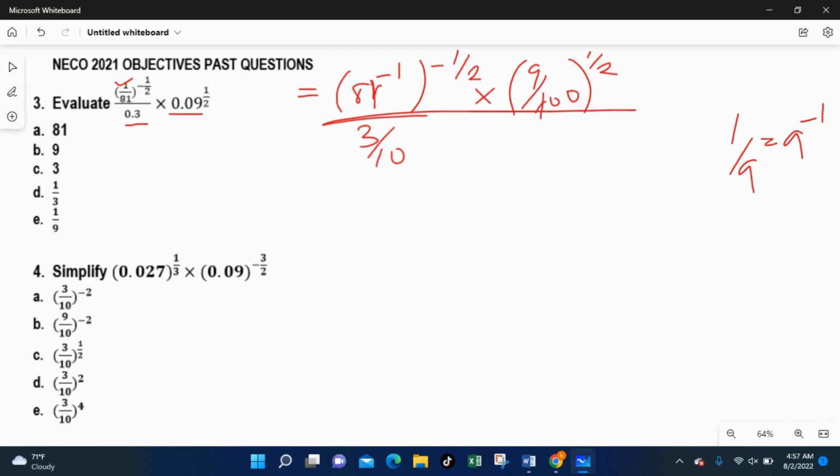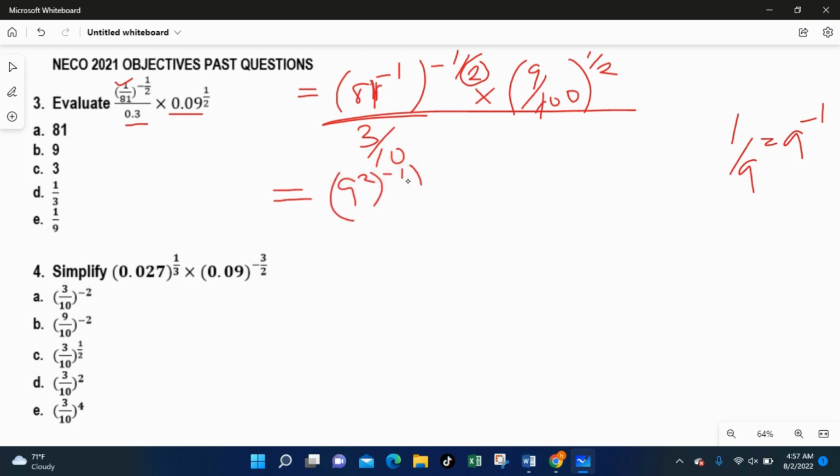The next thing is that we have to reduce further. What can we multiply together? Having done that, we have to look at these indices. We ask ourselves, what can 81 be raised to power that will give us 81 in such a way that it will cut off these two? That will help you simplify this equation. Remember, 9 times 9 is 81. So that will give us 9 raised to power 2,